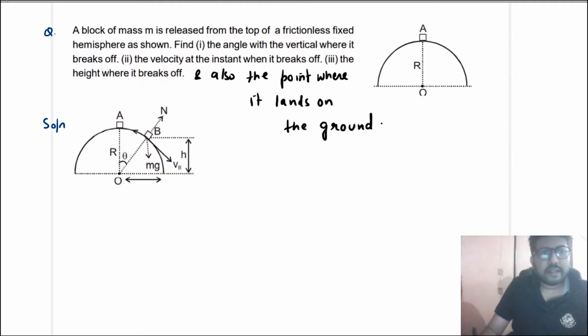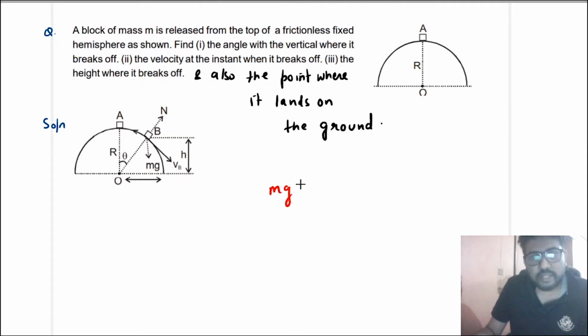Now in this diagram you will see that as the ball moves downwards, you know that in the convex bridge, as the ball moves downwards, the normal decreases. So at one point normal may become 0. So let us assume that at this point normal becomes 0. So if normal becomes 0 at this point, then you will say that mg cos theta is providing the centripetal force at this point up to this instant.